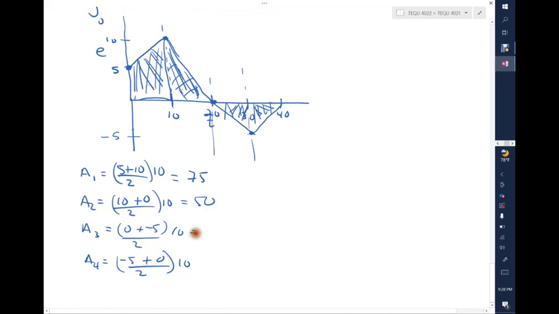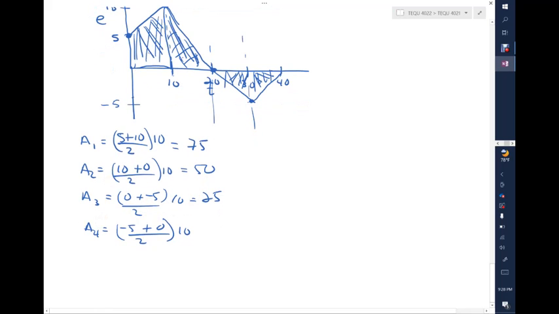That's 2.5 negative times 10, that's 25. And this is going to be 2.5 negative times 10, so this will be minus 5 plus 0, that's minus 5 divided by 2, that's negative 2.5, the same as this one, but don't forget the sign here, that's negative, and so here as well, that's negative 25. So if I'm asking the area under the curve from 0 to 40 seconds, that would be